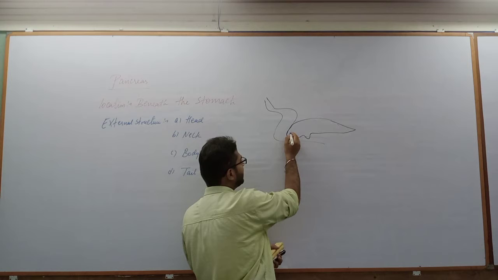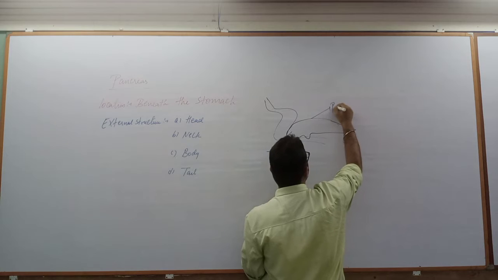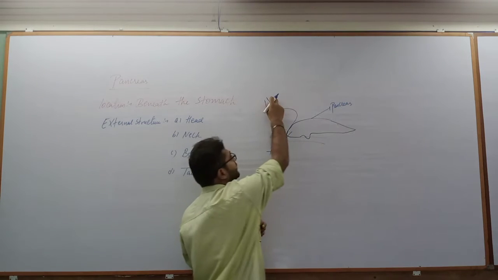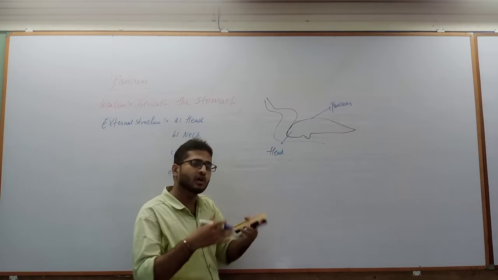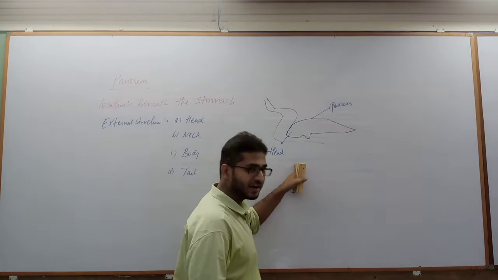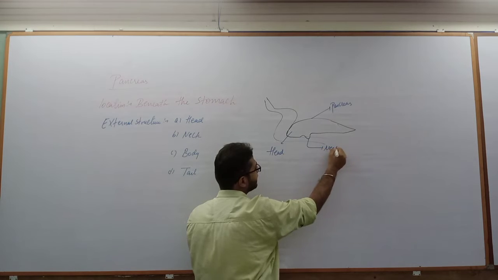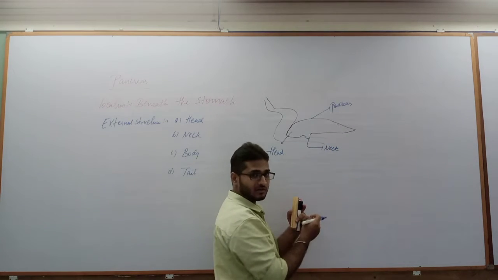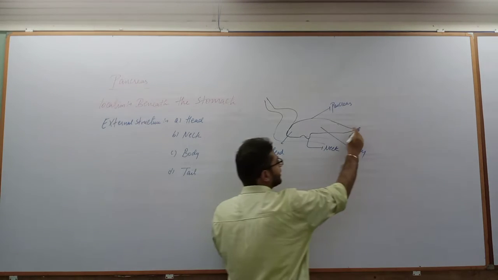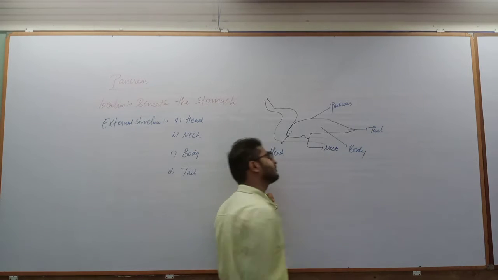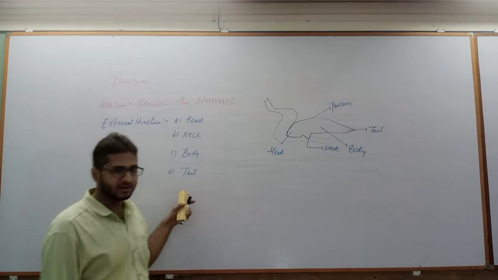So this is the main region, the head region of the pancreas. Clear? This is the pancreas. And this is the esophageal tube and this is the stomach. C-shaped tube, duodenum. I am not labeling all this because we have already discussed it in detail. This is the main head. Then the neck is this depression towards the downward side. This is the neck, and this entire central circular part is the main body of the pancreas, and this narrow end is what we call the tail part of the pancreas. So 4 parts: head, neck, body and tail.